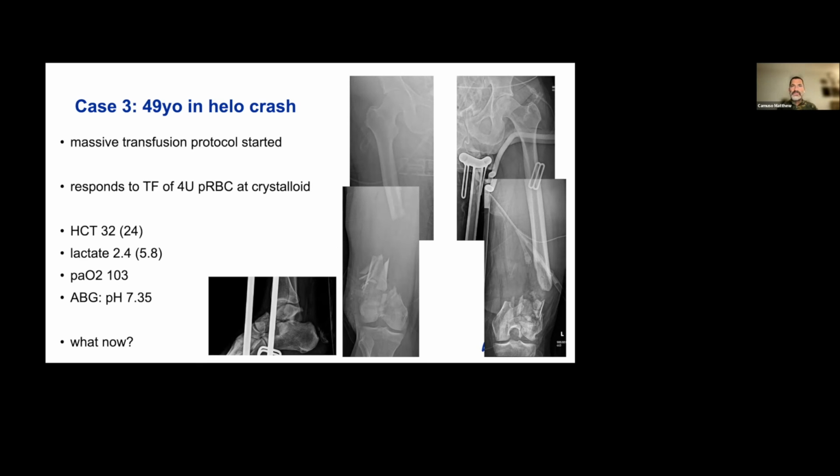Yeah, so these guys' femurs kind of make it easy, right? He's got bilateral comminuted intra-articular fractures. It's not likely that you're going to start trying to put those back together on day one. His clinical status does improve. He gets some more blood, and as you can see here, his hematocrit improves, his lactate decreases, his gas is good, and so, as you said, what now? Wash out, frame, and live to fight another day.